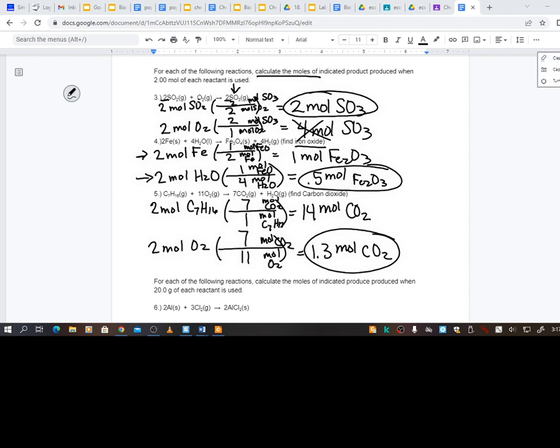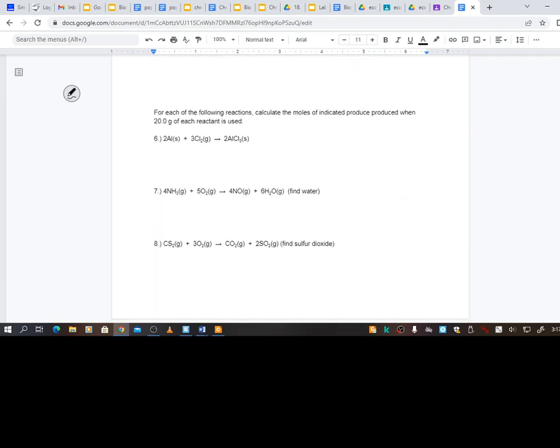All right, let's do this bottom one here. Doing the exact same thing. So we're using 20 grams of each, and it's still a calculate number of moles. So this one's going to be a two-stepper because I'm starting with grams and I need to get to moles. So let's do 20 grams of aluminum, 20 grams of chlorine. All right, so aluminum is 20 grams, right? I'm looking at my periodic table for that. And then moles of aluminum,